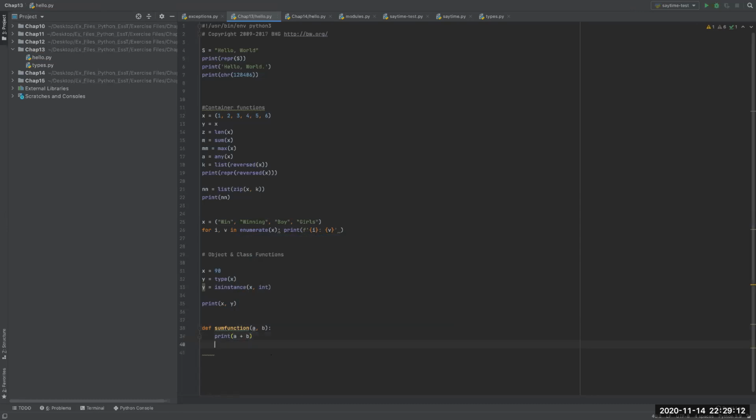And then if I do print sum function 5 and 6, if I run that,